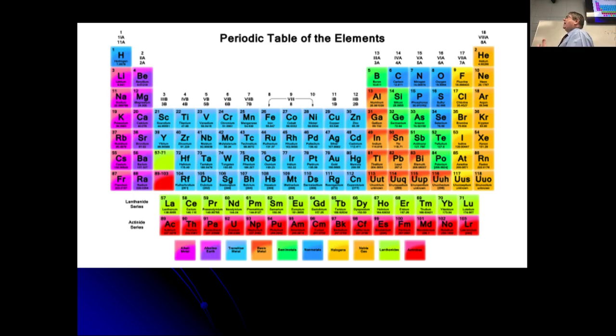Okay, so as you think about the periodic table, what things do you need to remember other than where carbon sits? What other things do you think are going to be important to you? What did you learn about the periodic table when you were in 106? Metals, nonmetals, and metalloids. Okay, so over here we have some metals. What do we call these? Those are the transition metals, and this area over here we call the nonmetals, and we call this the metalloids, right? They kind of start to act like a metal, maybe not. This is kind of stuff that's important for your cell phone and your computer to work. This is where we get semiconductors.